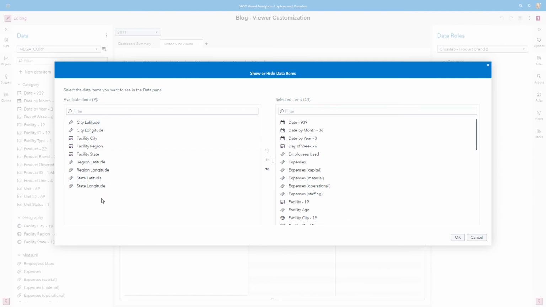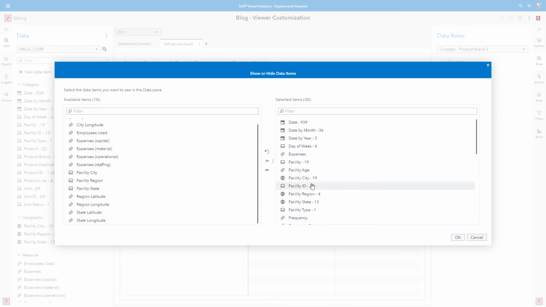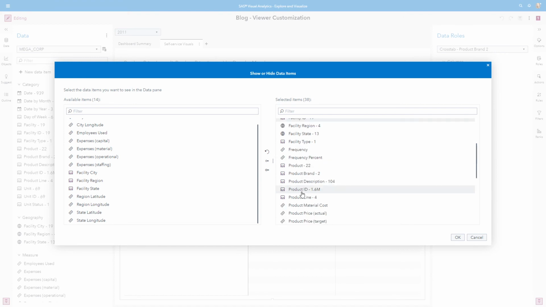You can see here from this list, I've already chosen to hide many of the longitude and latitude measures for this demonstration. But let's go ahead and hide all of the measure values except expenses, profit, profit moving average, and revenue. So I do not want employees used or the different breakdown of expenses. These are all categories, so here I'm just looking for measures.